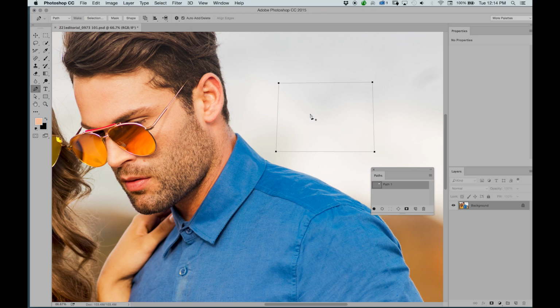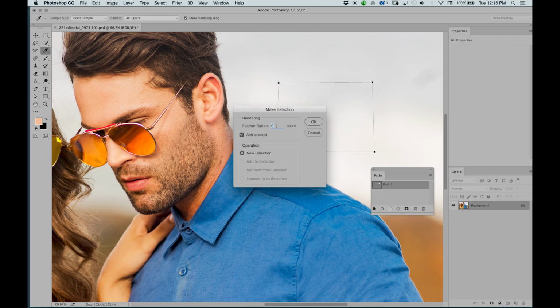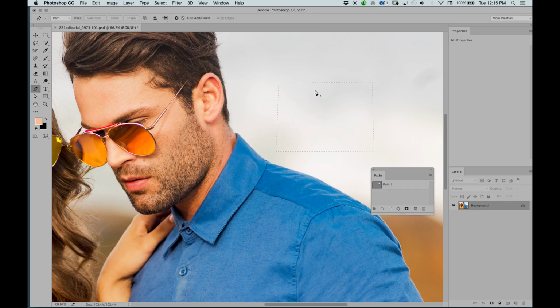Now, once you have your path made, you can go down to your path section, right click anywhere aside from the thumbnail. So you need to be either on the name or within the same row. And you can say make selection. And it asks you, do you want a soft selection or hard selection? I'll show you the difference between both. Say I keep it to the base setting. I'll say OK. And it then makes this horizontal marching ants, which then you can do anything you want with